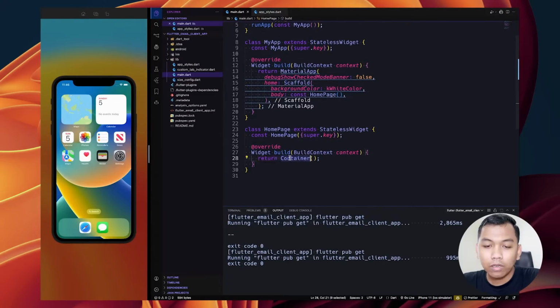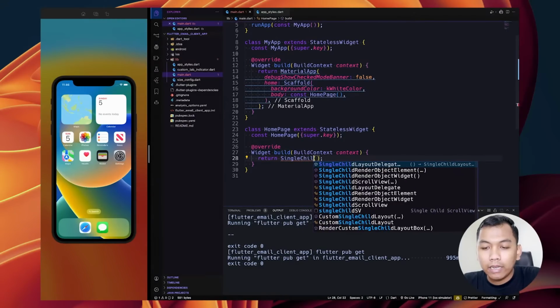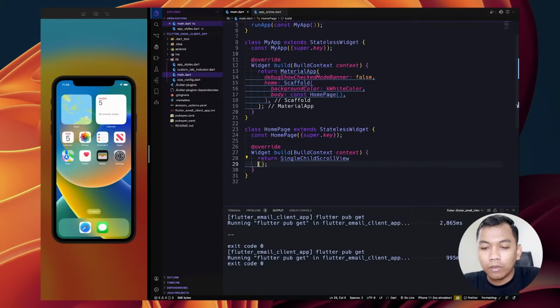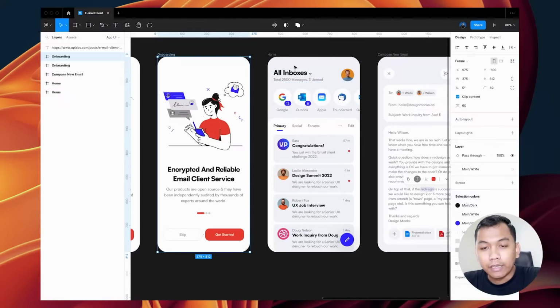And our HomePage needs to return something, and we want to return a SingleChildScrollView. Why do we use this SingleChildScrollView? As you can see here, our content is aligned from top to bottom, and we can handle it in many ways, but for now let's use SingleChildScrollView.